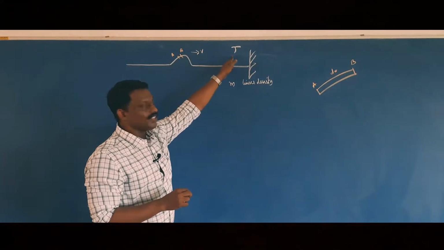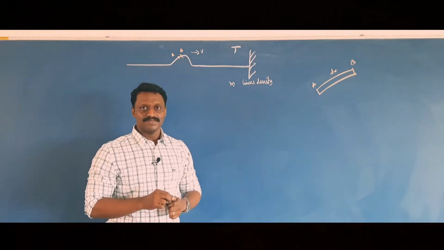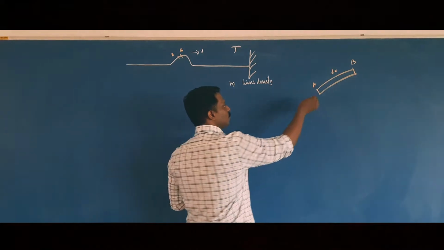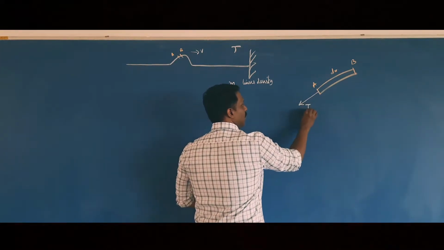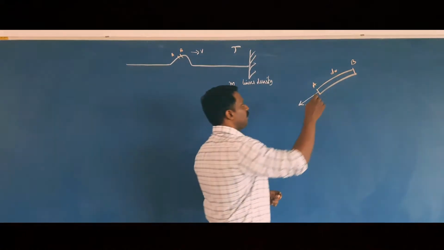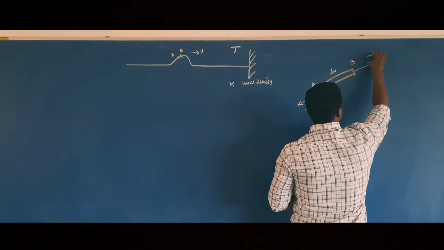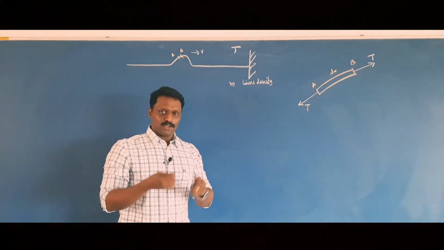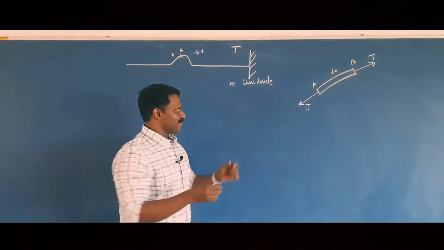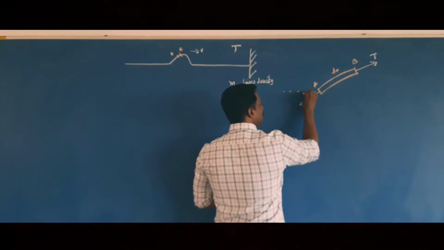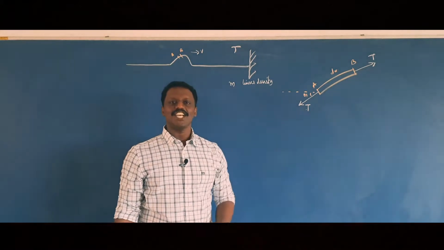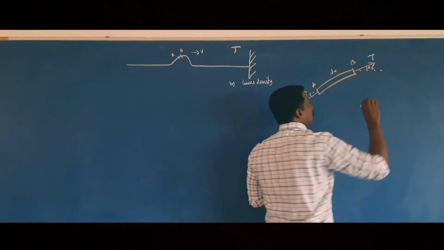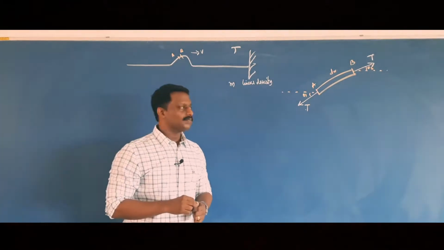Now the same tension T is acting on this section. Tension is a pulling force which always acts away from the point of consideration. So at this end A, the tension T acts away from it. At this end B, the tension is acting away from it, the same tension. Tension is a force. Force is a vector, so you should specify some direction. So let us say at A, the tension makes an angle θ1 with the horizontal, and similarly at B, the tension makes an angle θ2 with the horizontal.